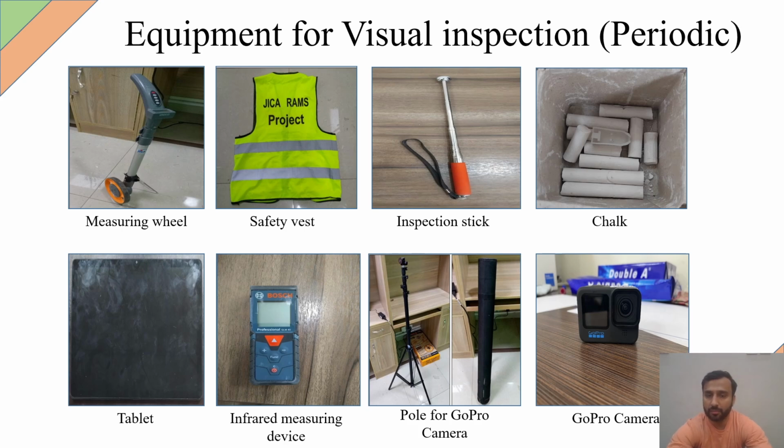Inspection stick is more or less for the same purpose, to have an idea about the hollowness or the chances of spalling of the concrete cover, because when we rub its tip on the surface it gives a different sound when it passes over hollow concrete. Chalk is used for marking the dimensions before taking an image, and